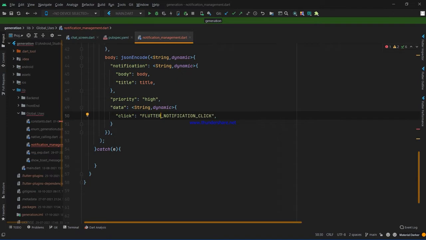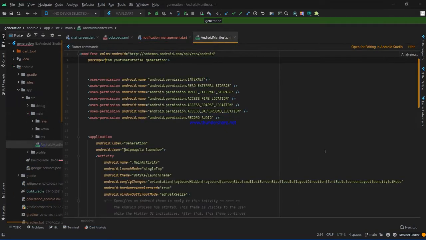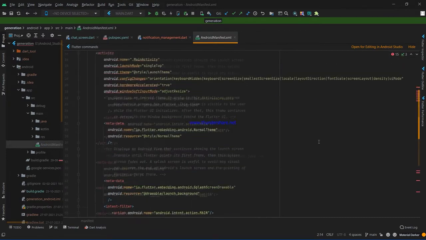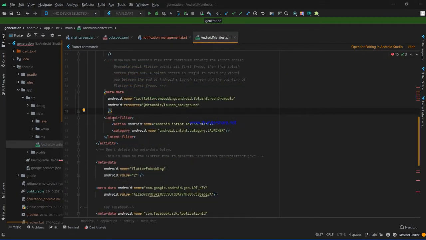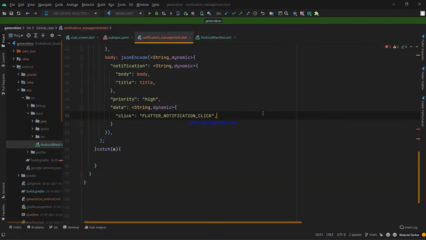Okay, and one more thing, under Android app source main AndroidManifest.xml file, we have to add a new thing. So here under that intent folder, which is android.intent.action.MAIN, we have to add one more intent for taking incoming notification. Okay, so come back here and proceed with that,